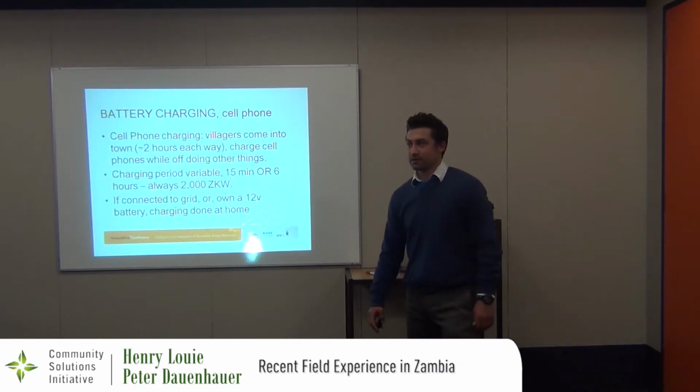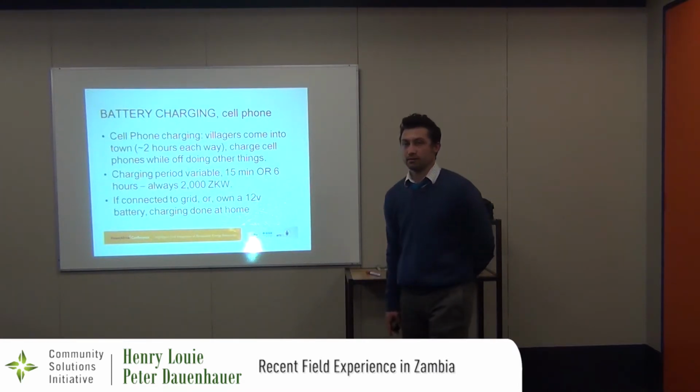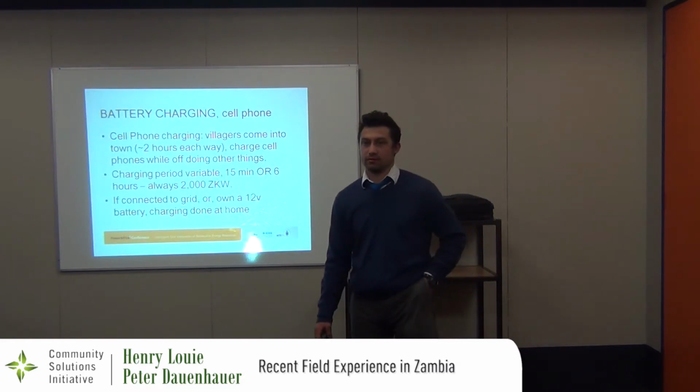So that's an obvious answer. Price discrepancy, but people value cell phones more. More people use cell phones, exactly. That jacks up the price compared to the battery. It also might be that the average 12-volt battery is in such poor condition that they don't